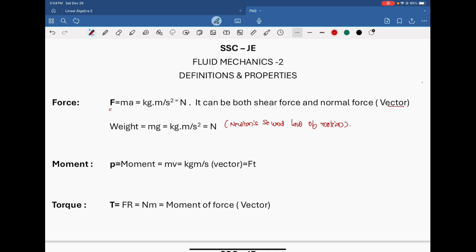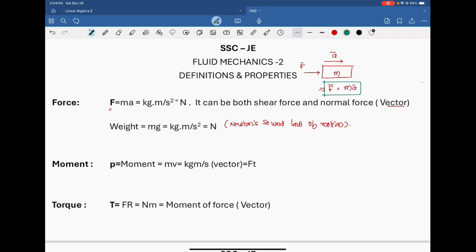This can be graphically represented as some object with mass m. A force is applied in this direction, positive x direction. The object is moving with an acceleration a in the direction of the application of the force. Then it implies, in the absence of any other forces, F is equal to ma. This is the definition for force given by Newton,